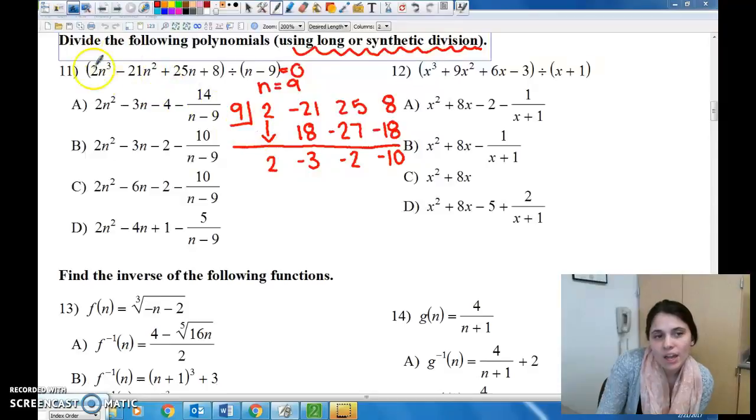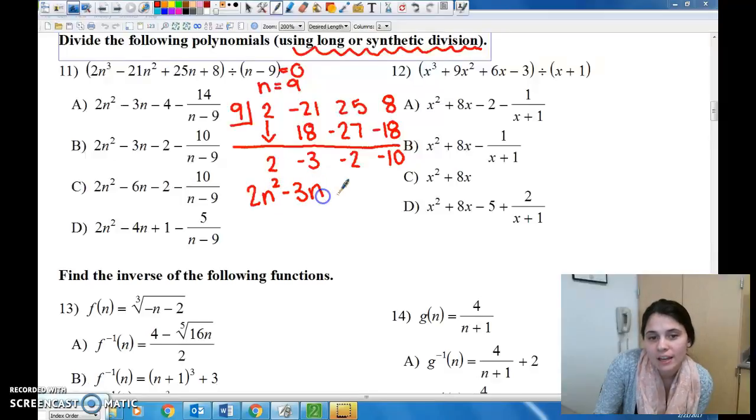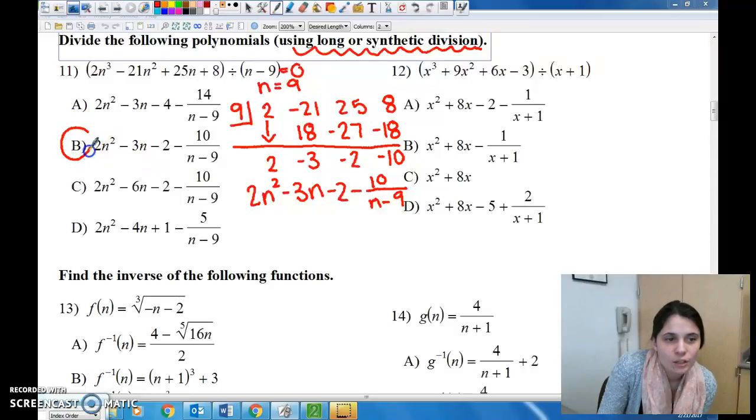So I started with an n to the third polynomial, and then I divided one n out. So my answer should be an n squared polynomial. I start with 2n squared, and then I just go down one each time. So minus 3n minus 2, and then this 10 is actually my remainder, which goes over whatever I'm dividing by. In this case, it's n minus 9. So if I look over here, 2n squared minus 3n minus 2 minus 10 over n minus 9, answer B